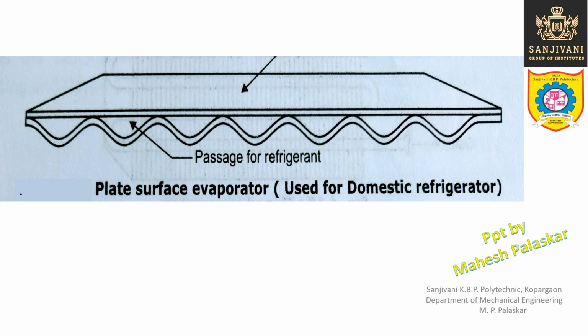So this particular wall will perform two functions. It will act as a wall also, but most importantly it is acting as the evaporating surface because this wall incorporates the evaporator coil. So that is a very important special design, a creative design. This is an important design consideration, right? And that is nothing but the plate surface evaporator, which we can see in the domestic refrigerator. So we must observe all these things carefully, so that we can understand the technology and the engineering, and then we can go ahead, our ideas will be more clear.